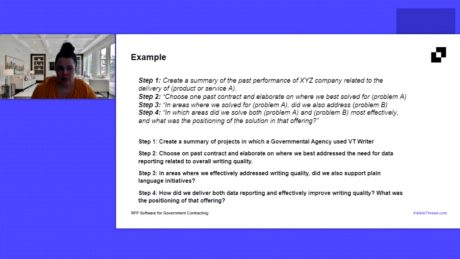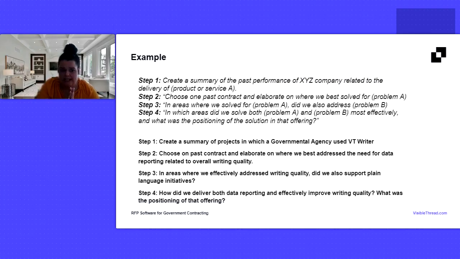Looking at an example here. So 4 steps in both of these. So basic kind of overview. Step 1, create a summary of the past performance of XYZ company related to the delivery of product or service A. So we have a company and a product, summary of past performance. What we're going to do then is select one past contract. So we have a summary of the past performance. We're going to select a specific contract or